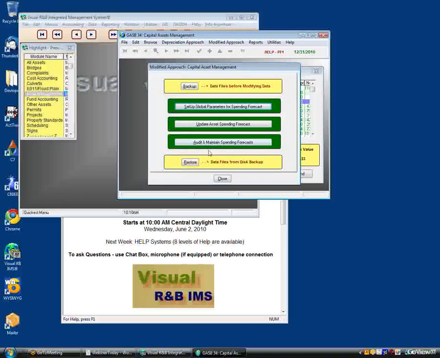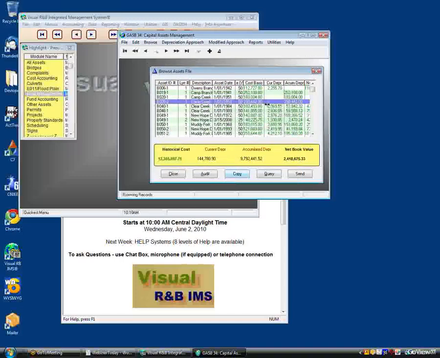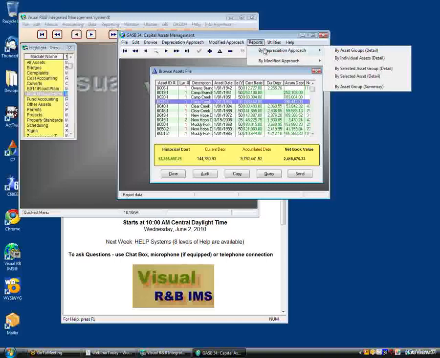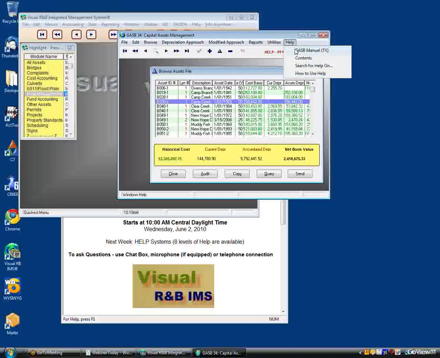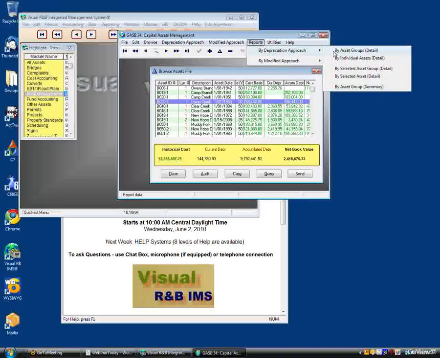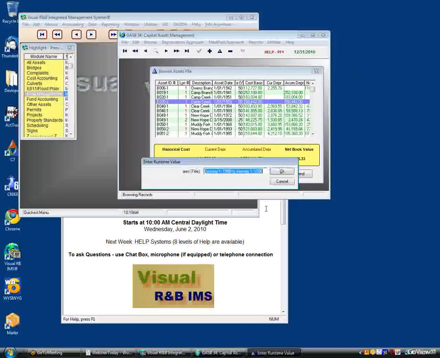Once you set up your parameters, then you update asset spending, and then you can audit and maintain your spending forecast. We haven't clicked over to where we're doing it by modified, but now let's take a look at the reports, the depreciation approach,